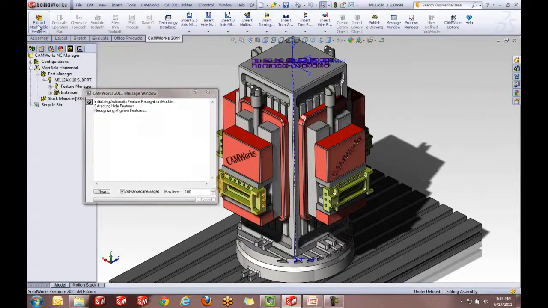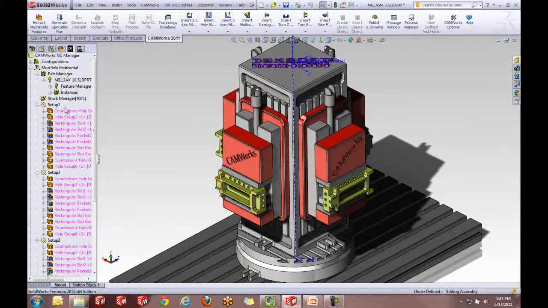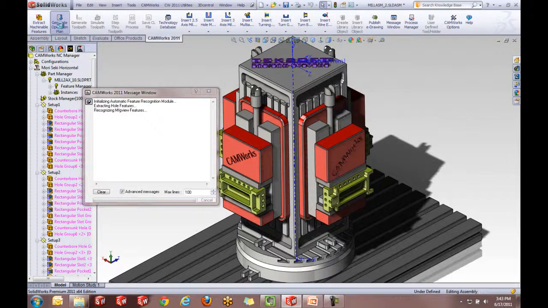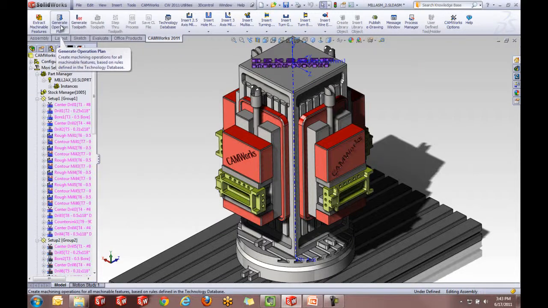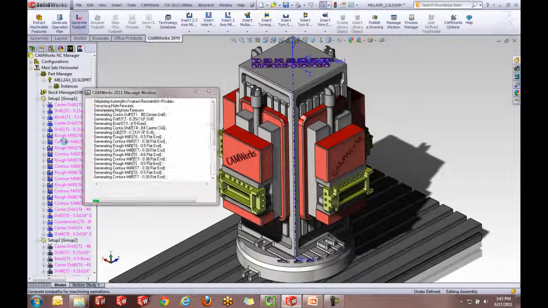It's just going to take a second here, and you will see now again it finds all these different machines right here. At this point, you can see how each operation is created, which maybe is not the best thing from a machining standpoint, that you machine one part and then go to the next part. Let's just process it and show it to you. I'm just going to go ahead and generate the tool path,